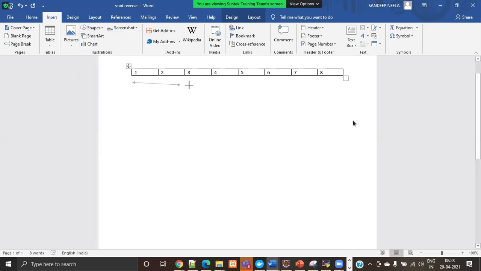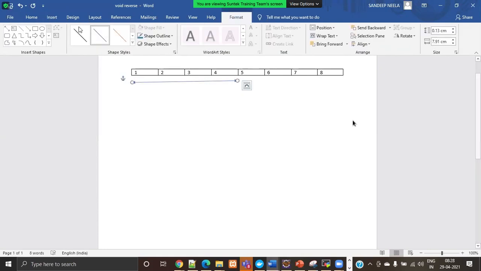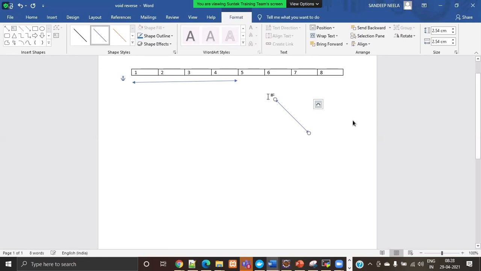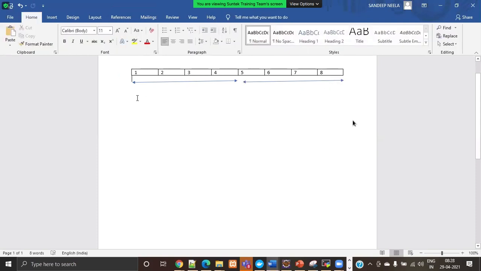We are using up to the fourth one as stack 1, and from 4 to 8 is stack 2. This is stack 2.